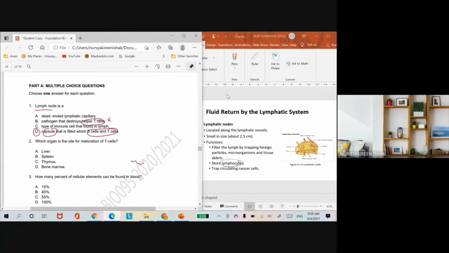Type of immune cells found in the lymph: that is wrong, it is not a type of immune cell. It is an organ of the lymphatic system. Lymphatic capillaries is not. This is referring to the lymphatic capillary itself. As you know, the function of the lymphatic capillaries is so that excess interstitial fluid in the tissue enters into the lymphatic capillaries and into the lymphatic vessels and ends up